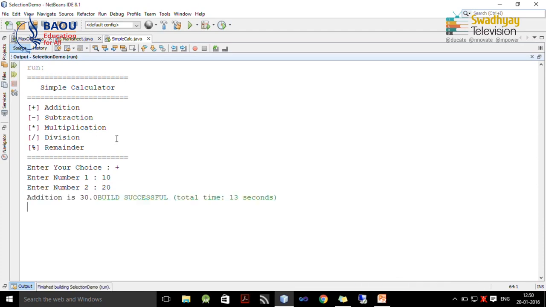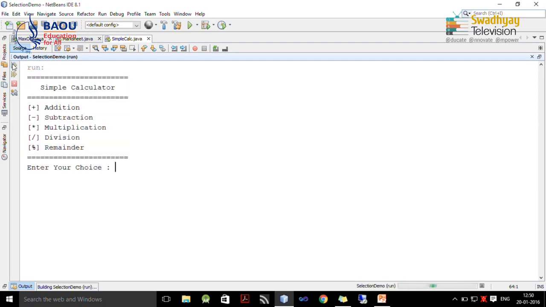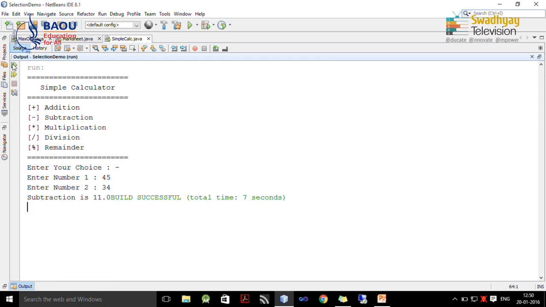So on screen you can see addition is 30. Now rerun this program to check for other operations. Here again my choice is different, subtraction, and my input is 45 and 34. So 45 minus 34 is 11, that you can see on screen.